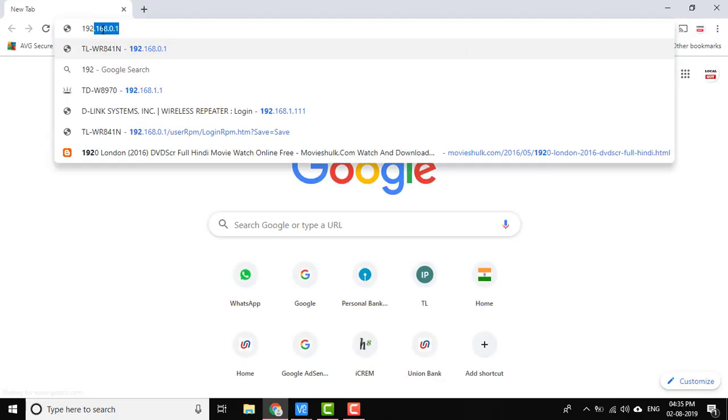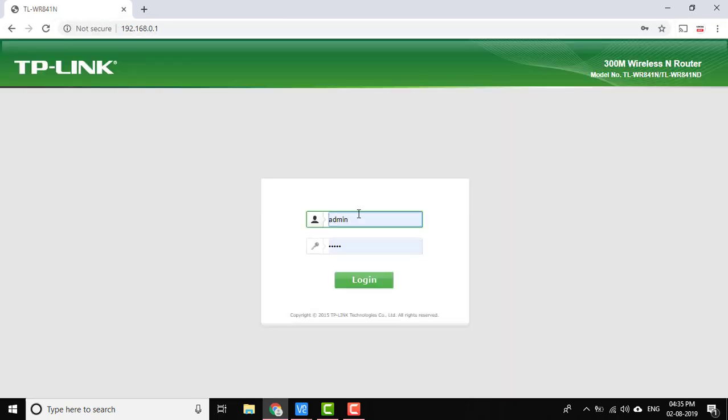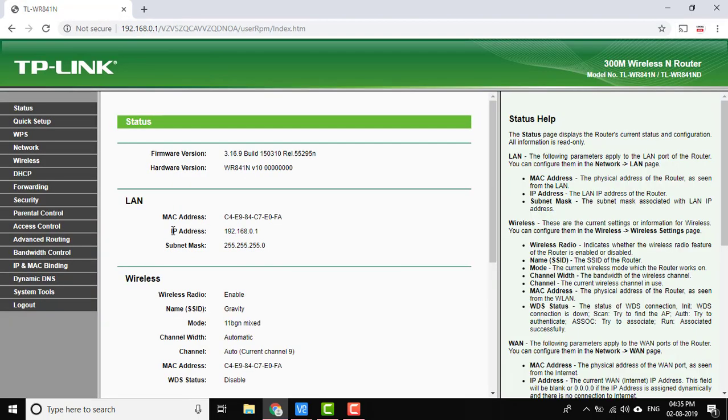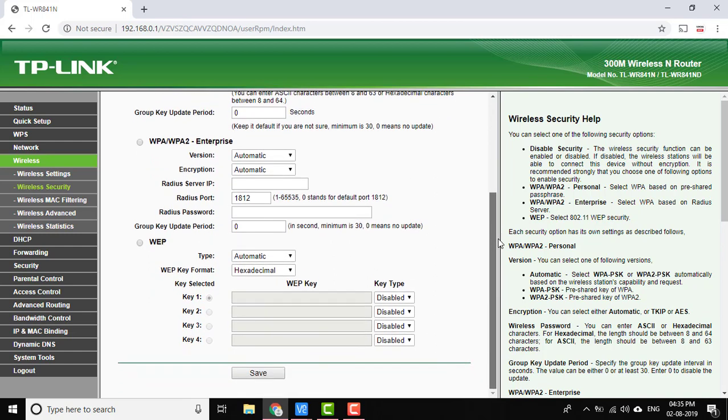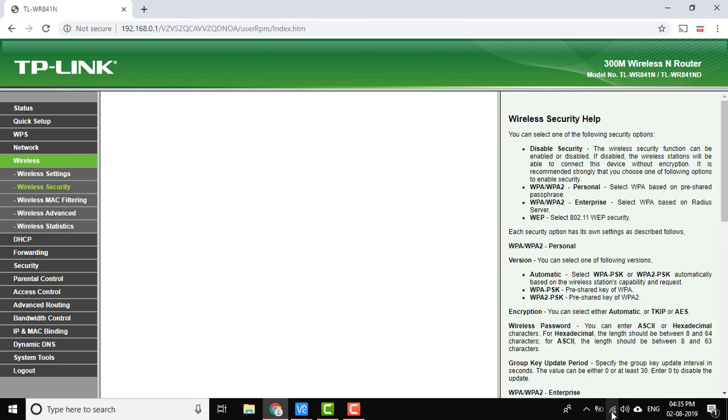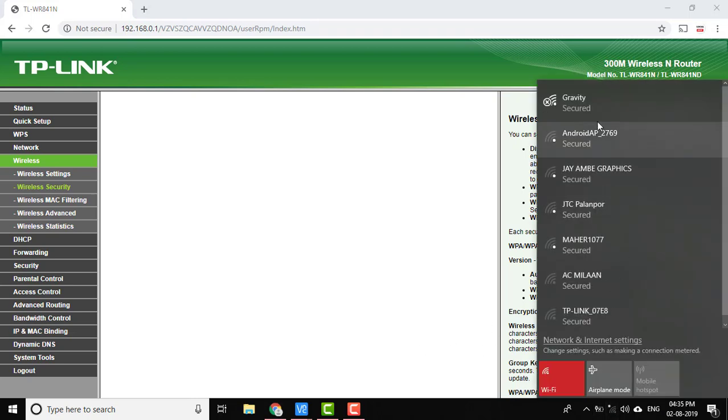Now we have to configure our Wi-Fi router. For that, open the login page of your Wi-Fi router using its IP address. Here it is 192.168.0.1. Enter the username and password. Now under wireless, open security and select WPA Enterprise. Select version WPA2, encryption AES, Radius server IP address 192.168.0.102, Radius port 1812 which is the default, Radius password pass0000, and save the configuration.